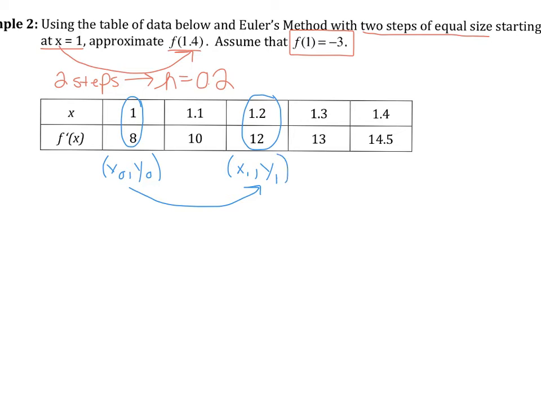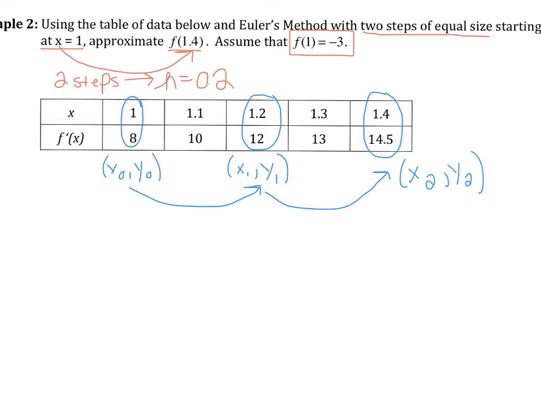Then we need to travel another 0.2 because it just said use 2 steps of equal size. So we're going to go from here to here, and that'll be our landing spot, or officially x2, y2. So we're not going to use all of the entries in this chart, and that's okay. Okay? And of course, we know,